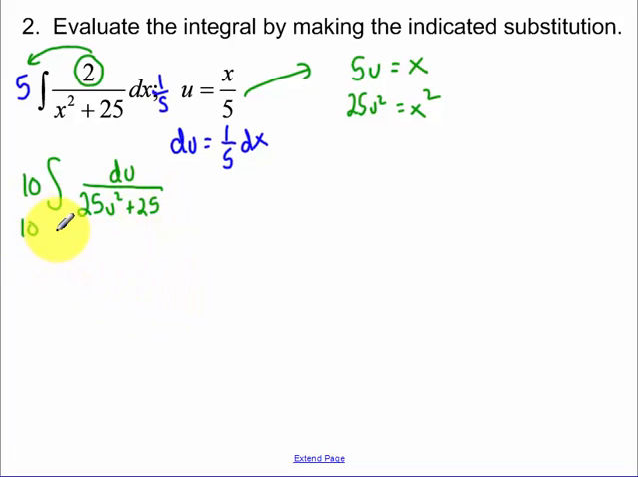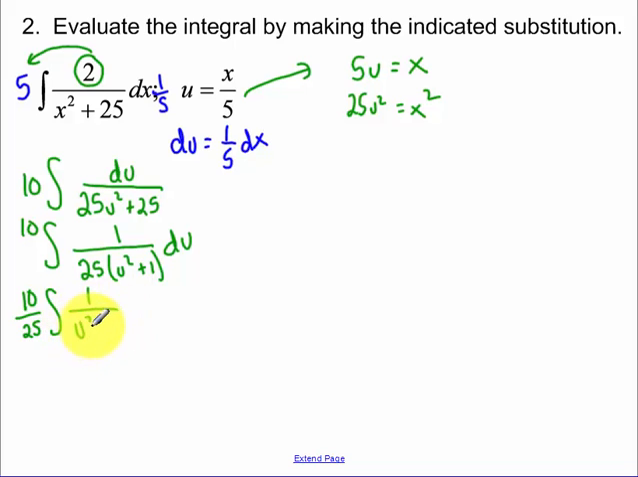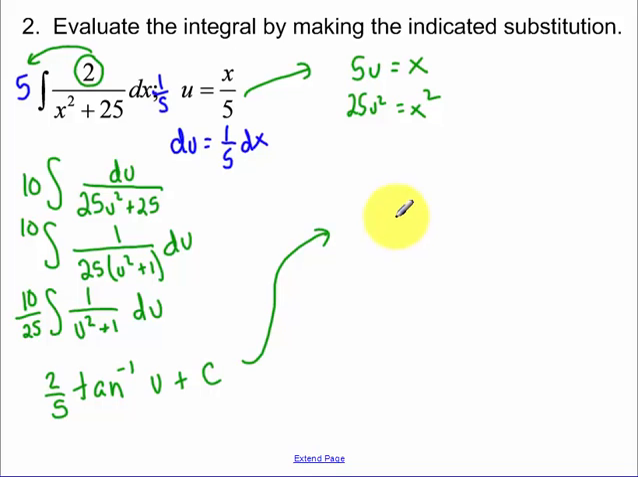Now I can factor out a 25 from the denominator. I can bring that 25 out in front. And now we have an integral that we know how to integrate: 1 over u squared plus 1. I don't need my integral symbol because I'm going to integrate. That's inverse tangent of u plus c. Simplifying what's out in front, we get 2/5. Substituting back in for your u,